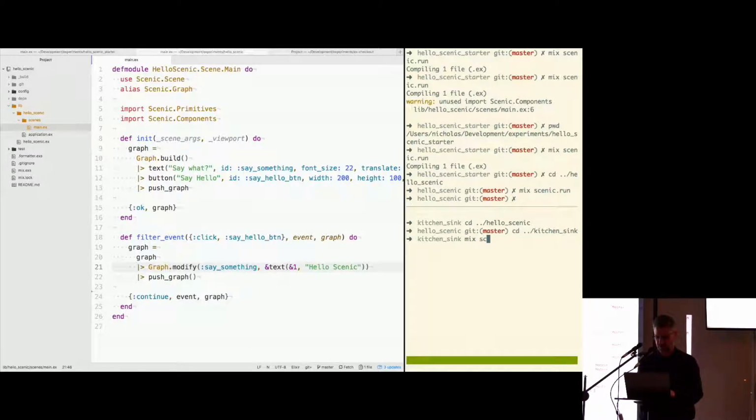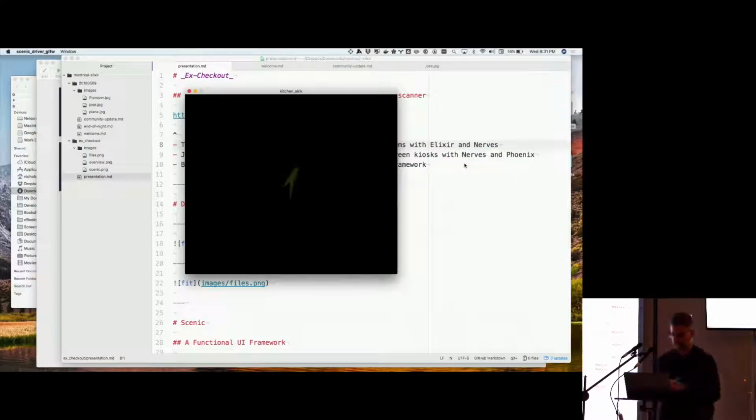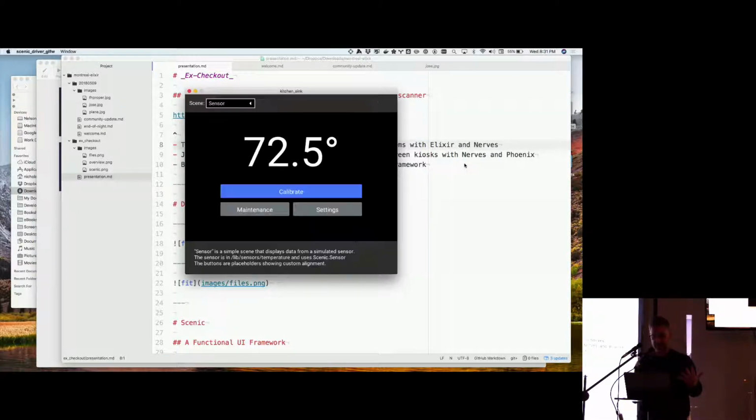So let's do mix scenic.run and our kitchen sink. Here's a little bit of animation going on in terms of a splash screen. The first demo here is a sensor device where it's measuring the temperature. So you can imagine a Raspberry Pi having a component for the temperature thermometer and pushing that information to this